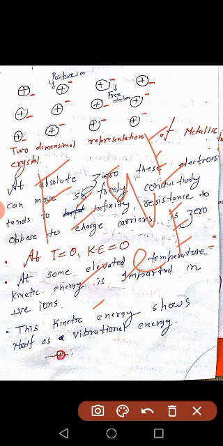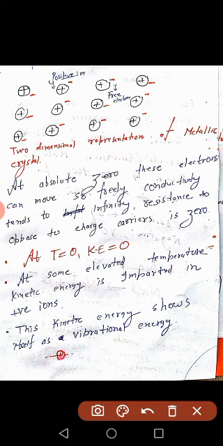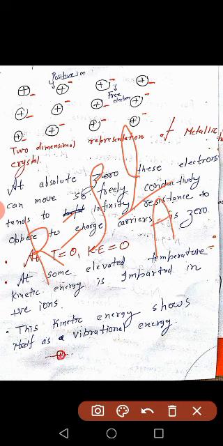So what really happens for the metals at T equal to 0? At T equal to 0, kinetic energy is 0, and there is the resistance offered by the metal. As we know, there is a formula for resistance: R equal to rho L upon A. Rho is the resistivity of the material, L is the length of the material, A is the cross section of the material. We all are familiar with this very famous formula. So every metal will have some resistance, and that will depend upon the resistivity, this term. Okay,